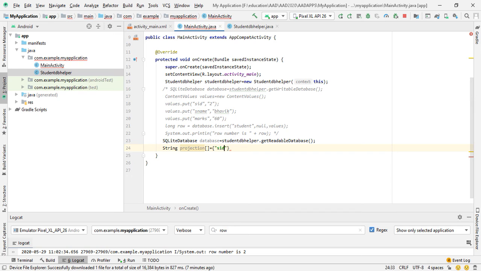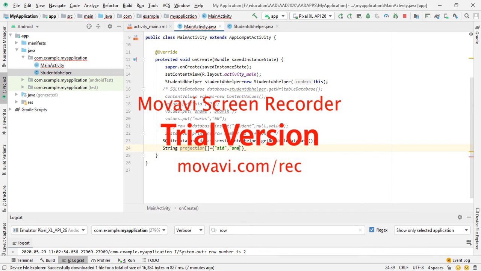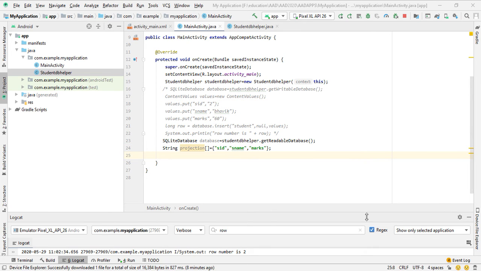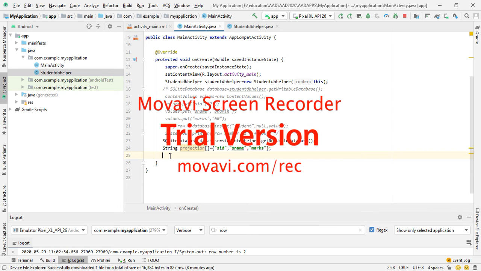The first one is SID, SName, and the third one is marks. Like to insert a value we use the method insert, similarly to get the value, to read the value, we require a method called the query method.